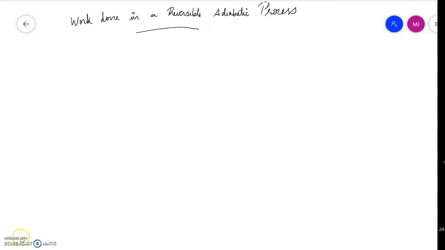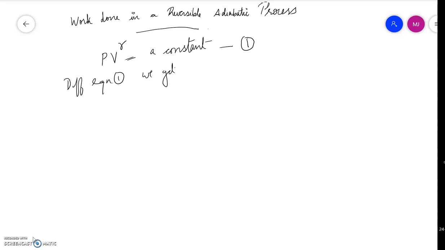Good morning students. Today we are going to learn about the work done in a reversible adiabatic process. For any adiabatic reversible process, we know that PV raised to gamma is a constant. If you put this as equation 1, and if you differentiate equation 1, we get,